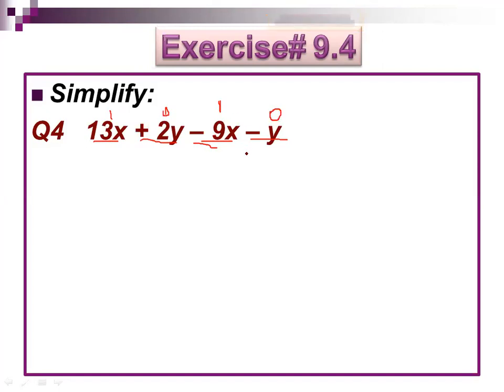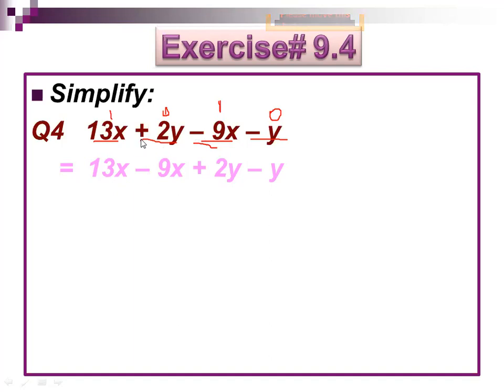Okay, I'm making a circle here for y, but y and y are like terms. So you will arrange first like terms and unlike terms. So 13x and 9x you will write first: 13x minus 9x. Please keep this sign in your mind. A term has the sign that is written on its left. So your term here is minus 9x, so you will write minus 9x.